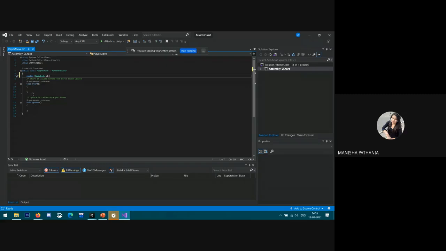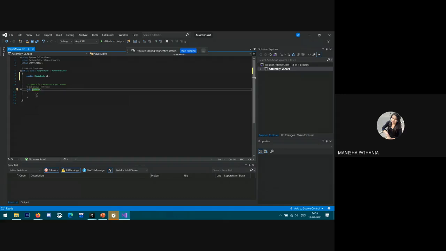That's why we don't want to use the start function right now, so I'm deleting this. However, our update function is called once per frame. That means whenever the computer draws a new image, and it does this multiple times a second, this function is going to run.